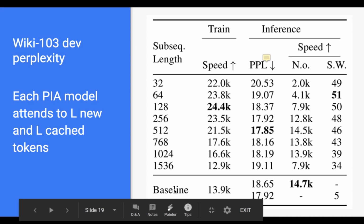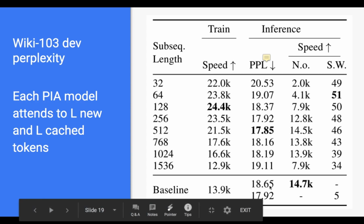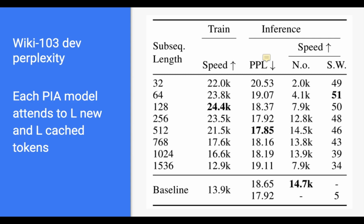Baseline is a transformer model without using PIA, and this is the non-overlapping evaluation, so it has higher perplexity, and the sliding window has a lower perplexity. For these PIA models, they all use non-overlapping evaluation methods, and they always have L, the segment, and the previous L cache. The subsequence length ranges from 32 to 1500, and you can see the subsequence length set to 512